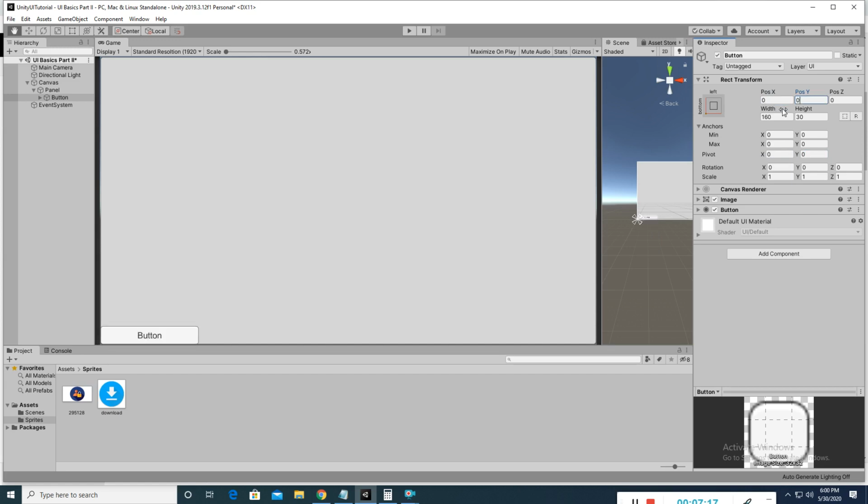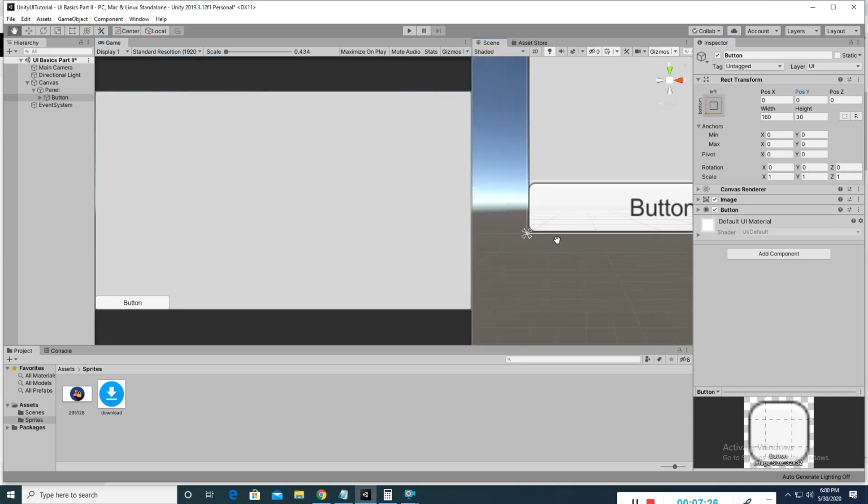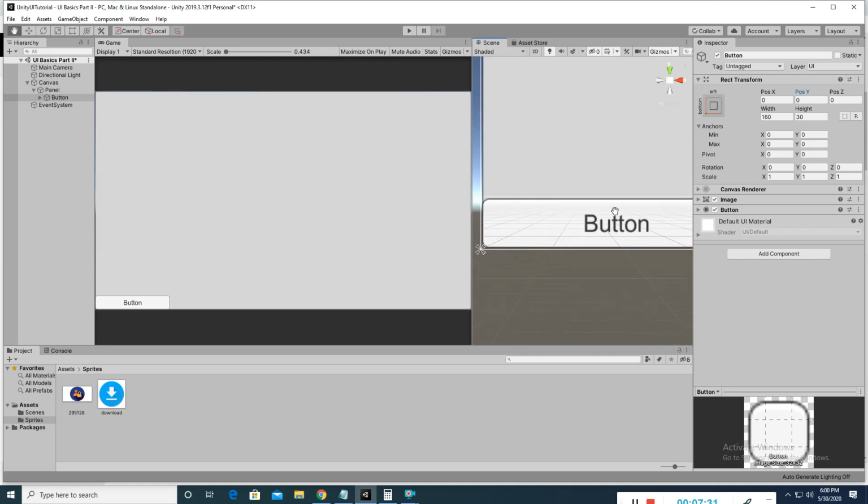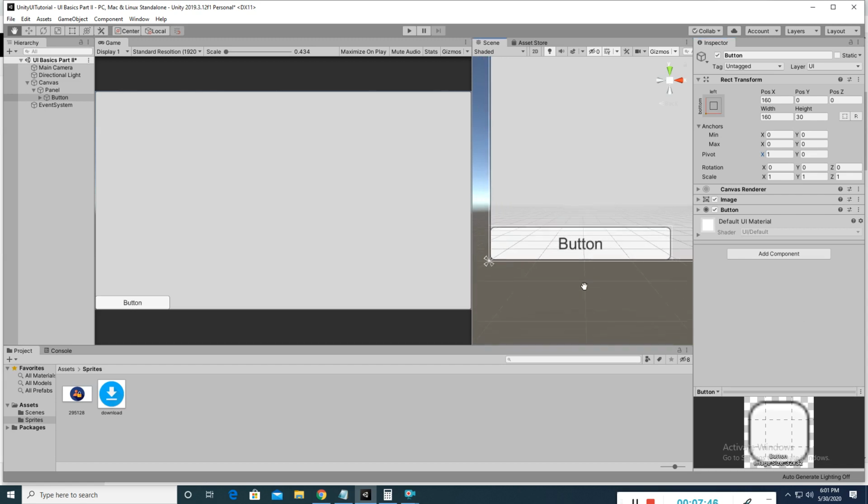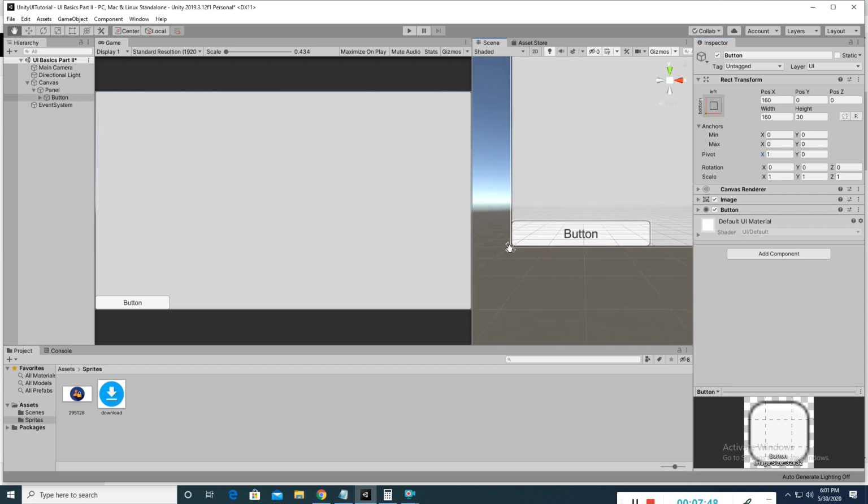I will tell you why it is happening. When I set x and y to 0 0, why? Because the origin starts from here. x is 0 here, and y is 0 here, this point. Okay, when I make x 1, it goes in this horizontal direction.